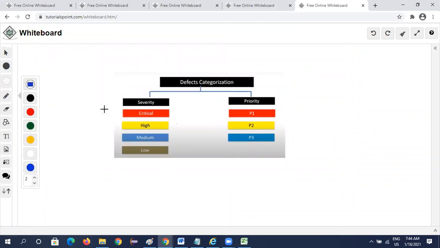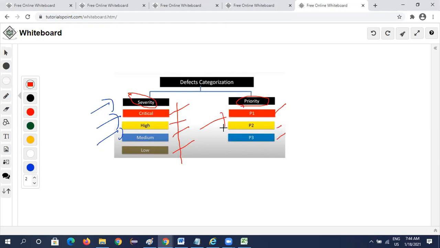Defect categorization would be by severity: critical, high, medium, low. Mainly it is called severity and priority. Whether the defect is very severe, whether the defect needs to be addressed, priority wise means high priority or low priority. So under severity we go with critical, high, medium, low. These are the different types of severity, and priority wise P1, P2, P3.